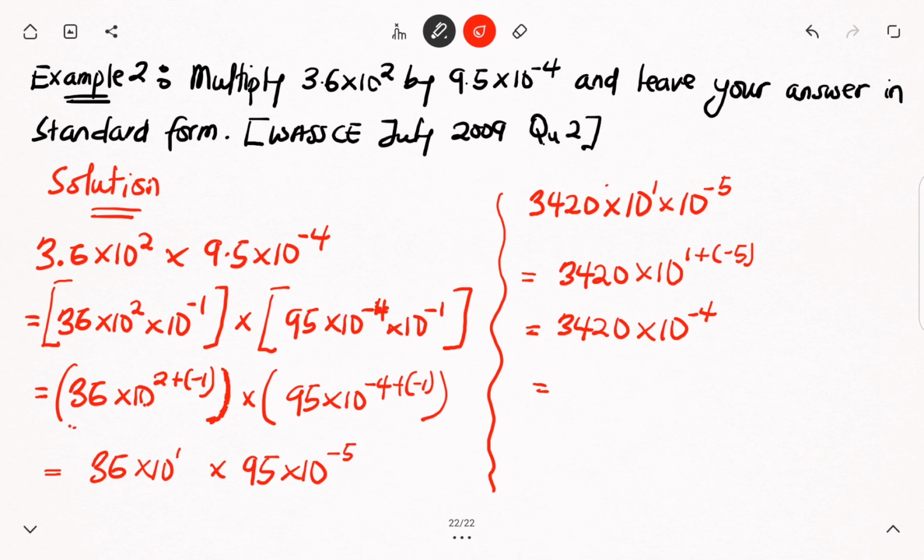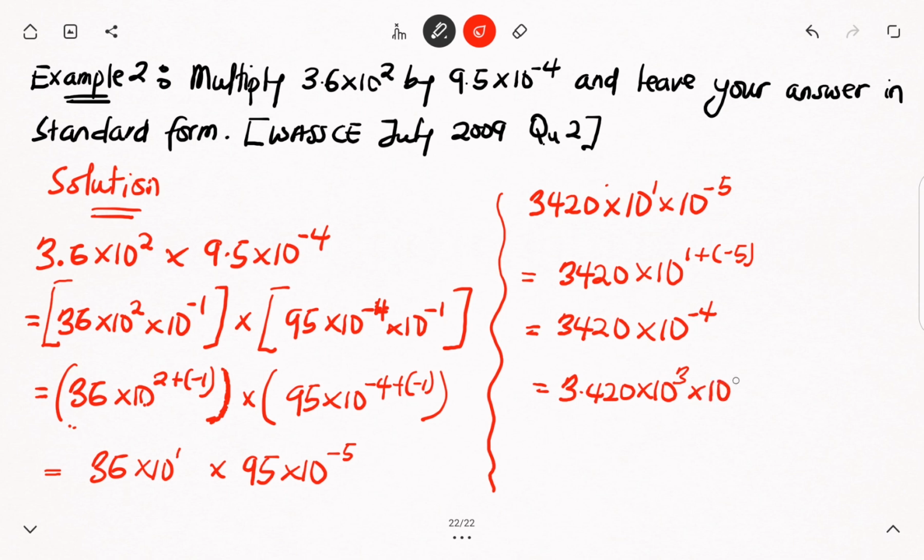Alright, now from here, I need to convert this to standard form, because in standard form, our first number should not be more than 10. So I'm going to have to move the dot that is at the end of this whole number 1, 2, 3 times to get the dot in between 3 and 4. So I have 3.420 times 10 raised to the power, I move the dot 1, 2, 3 times from right to left, so I have positive 3 at the top,